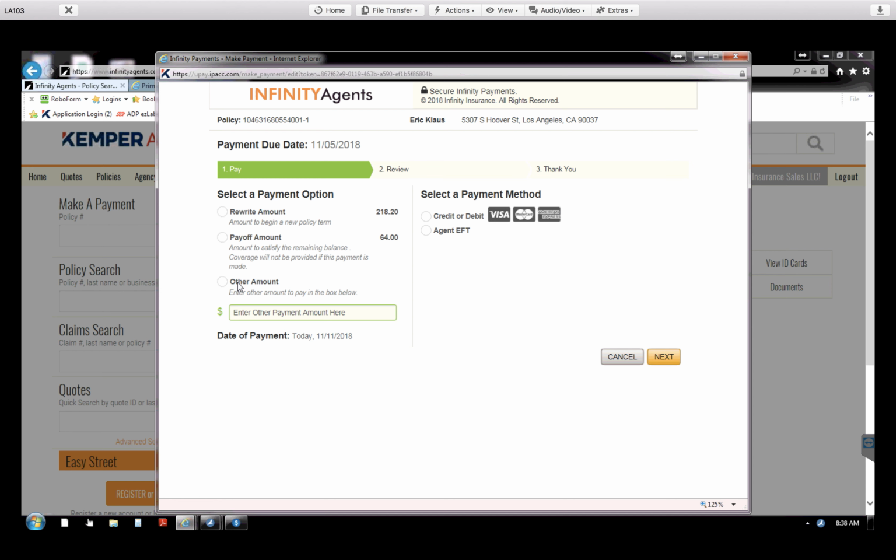So it gives you the payoff amount, which is $64. This technically is a balance that they owe Infinity. Since the policy was canceled due to non-payment, Infinity offers a grace period, but they also charge a certain amount. So for not canceling the policy prior to the due date, there's a balance that they're going to be